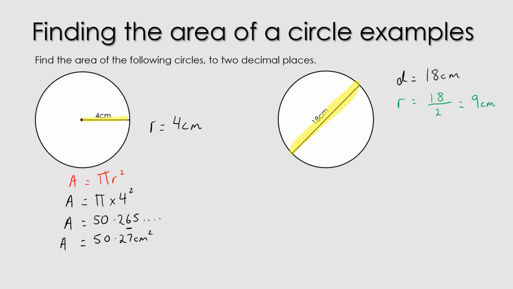And now we can go and do what we did in the previous question. We're going to again start with always writing the formula, area equals pi r squared. And now we can go ahead and substitute the radius that we worked out in green. So we've now got pi multiplied by 9 squared. Once again, get your calculator out. Area is equal to pi times 9 to the power of 2, which will then give us an answer that looks like